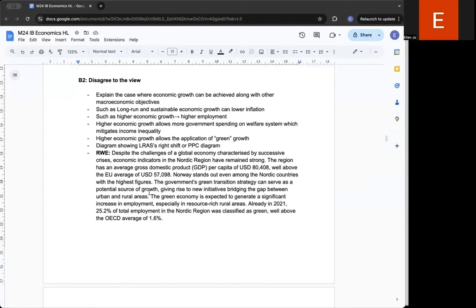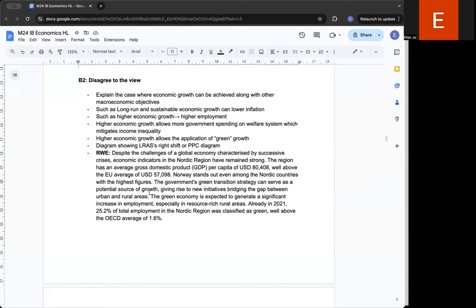It can be started by explaining the case where economic growth can actually be achieved along with other macroeconomic objectives, such as long-run and sustainable economic growth can lower inflation, and higher economic growth would bring higher employment. Also, higher economic growth allows more government spending on welfare system, which can mitigate income inequality. On top of that, higher economic growth allows the application of green growth schemes. To illustrate, you can use diagrams showing the long-run aggregate supply curve shifting to the right or the PPC curve shifting